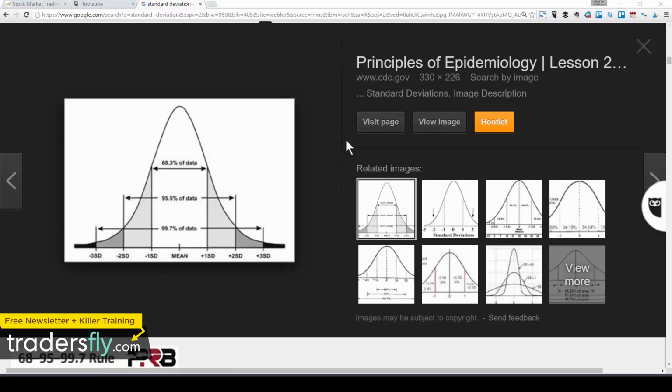Again, this is something I'd have to go in a full 40, 50-minute lesson about to really tackle it. But again, this is just a little taste of what it's about. So again, this is not very in-depth or in as much detail as I'd like to go into it, but it'll give you a rough idea. So here, basically, you can see I have a 2 standard deviation model right here, and then you have 3 standard deviations.